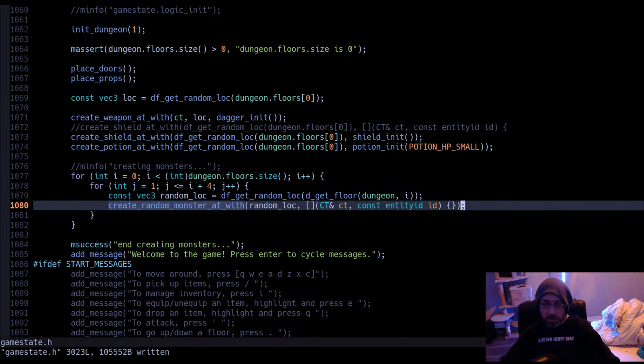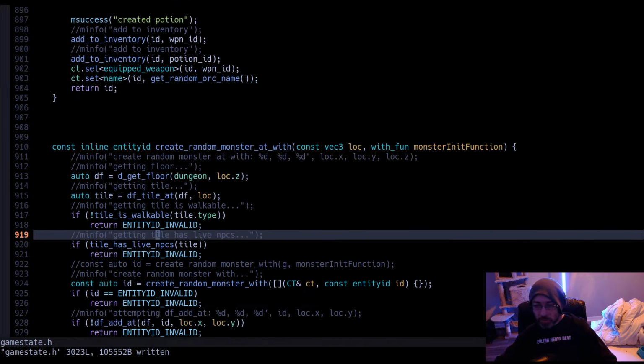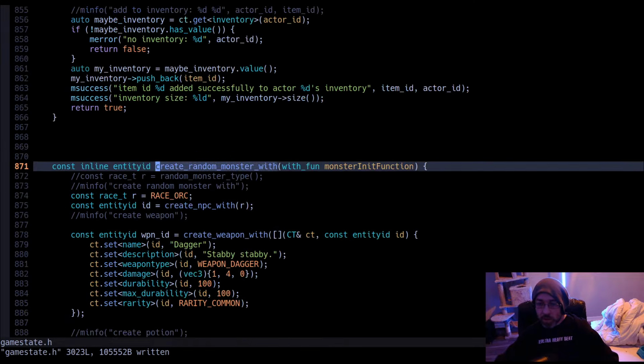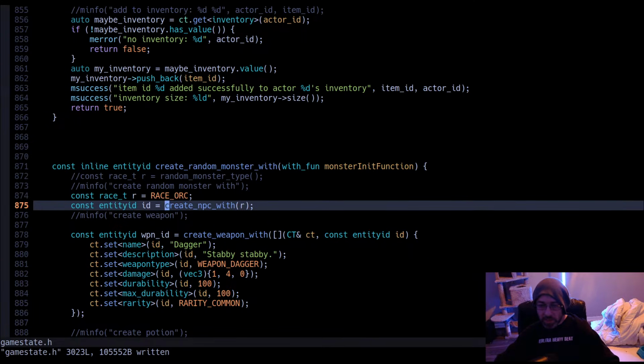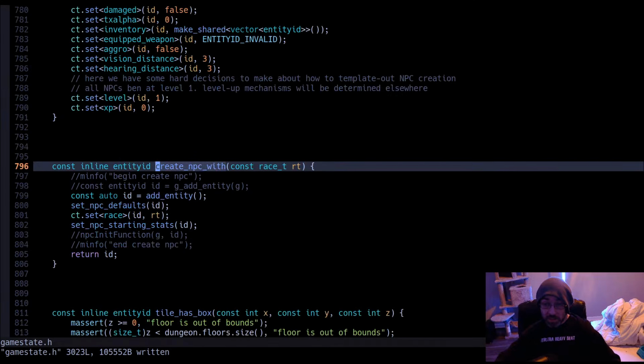Create random monster. At the moment, while I've extended this part a little bit, create NPC has not been fully extended yet. Oh wait, with one.